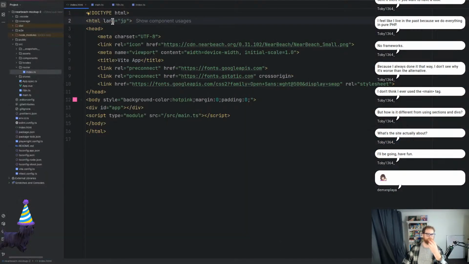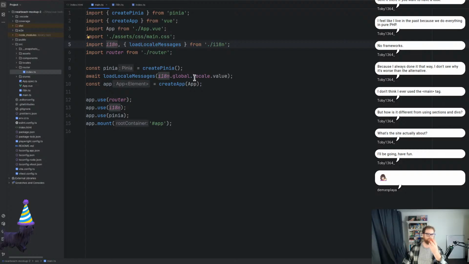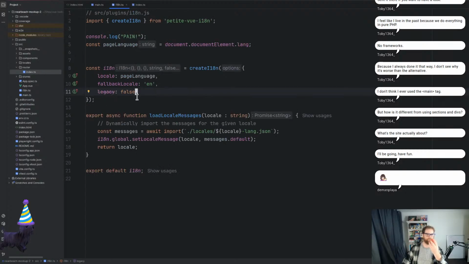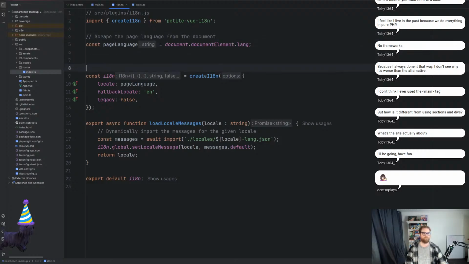And what we're going to do, legacy false, but that's perfectly fine. We're going to get rid of this. We're going to scrape the page language from the document. All right, cool. Set up the